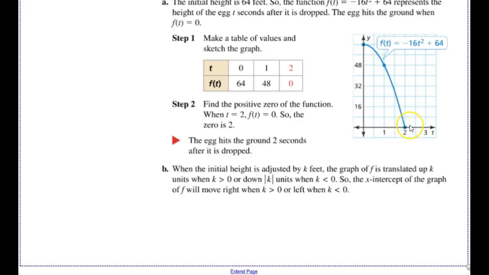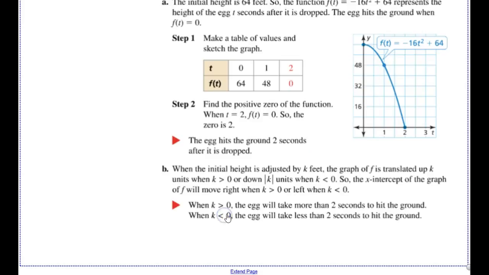And I want to think about this logically too. If I'm taller than the building is, it's going to take a little bit longer for the egg to hit the ground. And also, if my k goes down, so if I don't go to the very top, if I only go to one of the stories and I drop it out the window, my entire graph will shift down or translate down, and so it will hit sooner than 2, which again makes sense logically, because if I'm not as high up, there's not as much distance for the egg to fall,